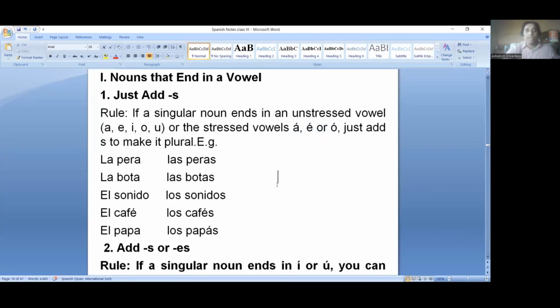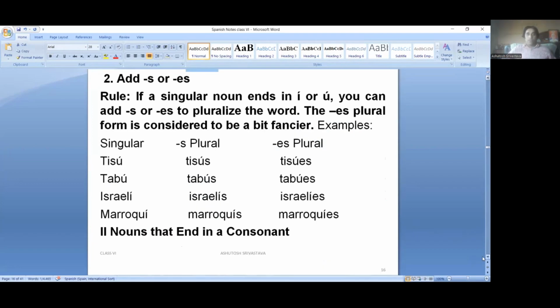I have already told you that the plural of la is las and the plural of el is los. You cannot say that el would be els or ls. No, there is no rule. You just memorize it. El café, los cafés. El papa, los papas. If the singular noun ends with accented i or accented u, we can add s or